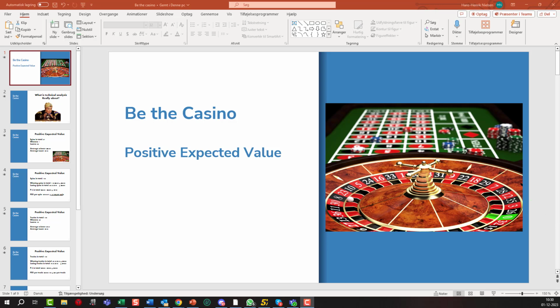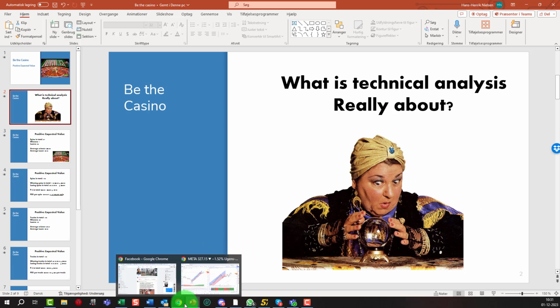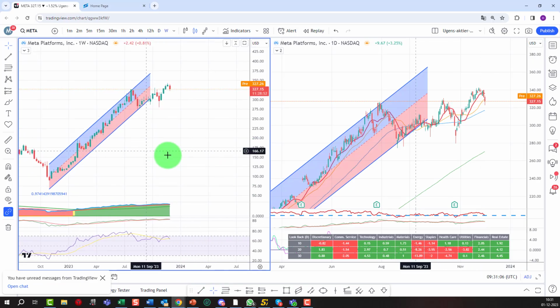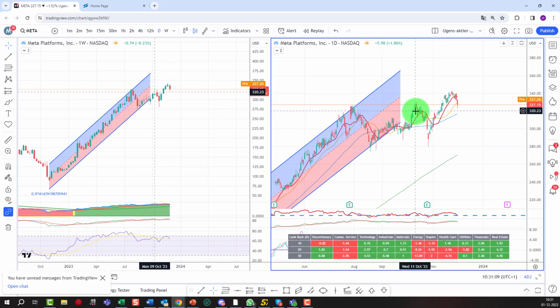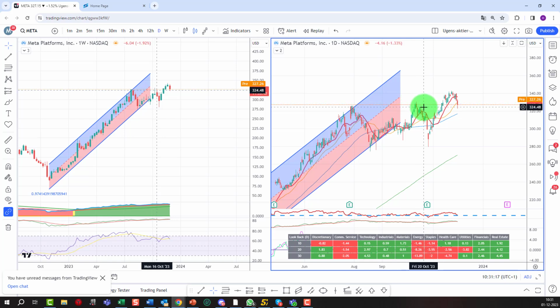So basically what we are going to do is have a look at technical analysis and what that is really about, because many people, when they hear about it for the first time, see some graphs like this and it all may sound a bit magical, something about fortune telling and predicting where stocks are going to go. But in my opinion it has nothing to do with that. Technical analysis, looking at charts, is all about finding repeatable patterns,